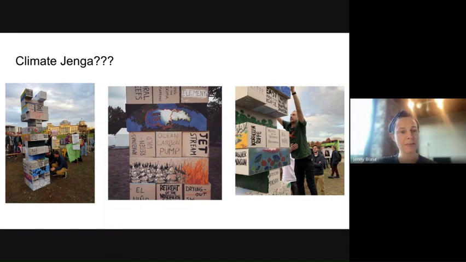The structure will inevitably collapse if too many blocks are removed, but in this game of climate, there is a slight change of rules. You can add the blocks back into the structure to strengthen the foundation. That rule represents our conservation efforts, which help to restore the planet's balance. Keeping this metaphor in mind, let's look at our climate Jenga.